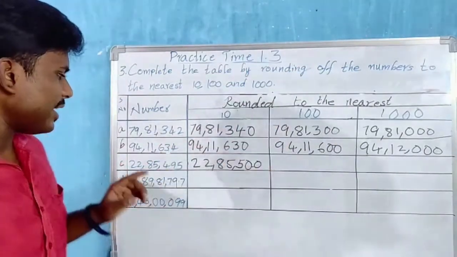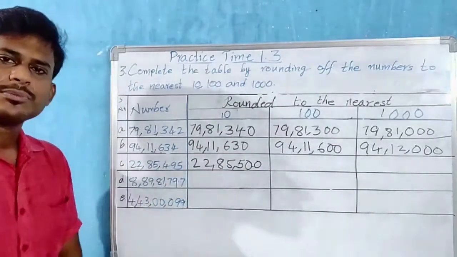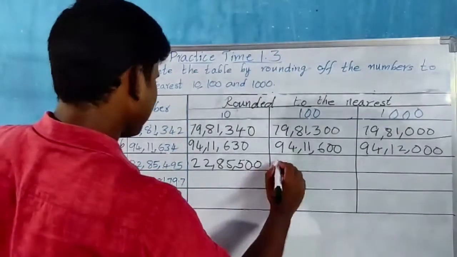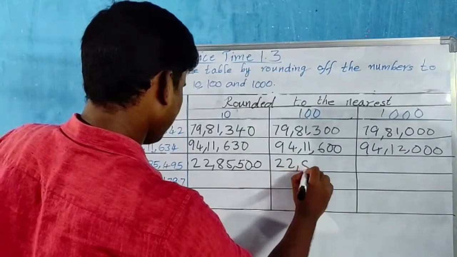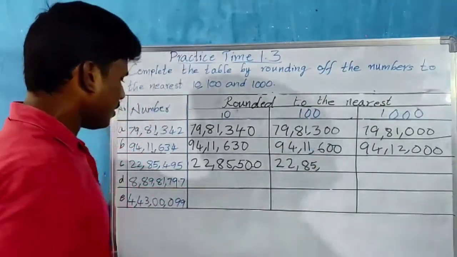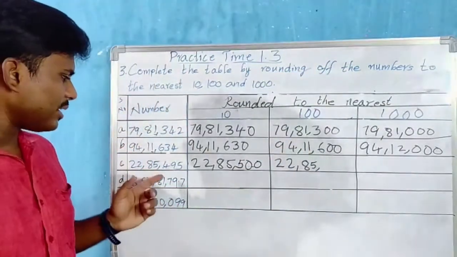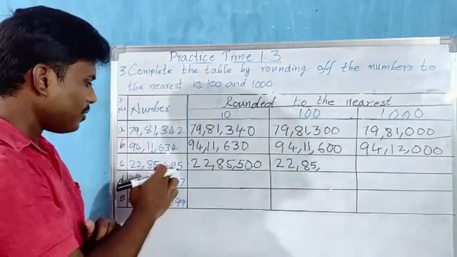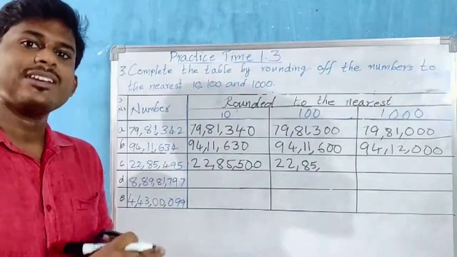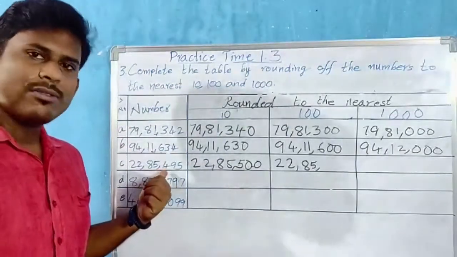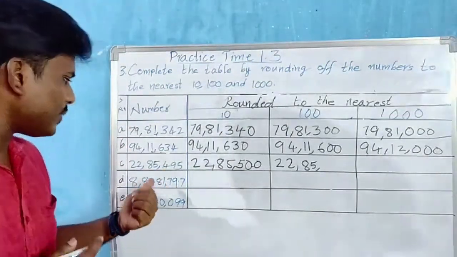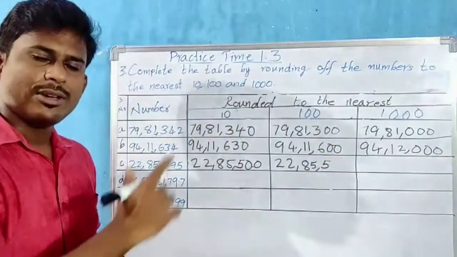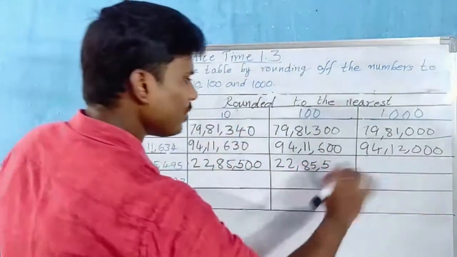Now nearest to 100. 4 is our rounding digit. So let us write the left side digits the same. 4 is our rounding digit, right? Now on the immediate right side we have digit 9. 5 to 9, climb up the vine. Means we add 1 to 4, and 4 plus 1 is 5. And we place zeros on the right side.